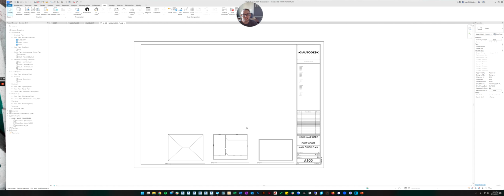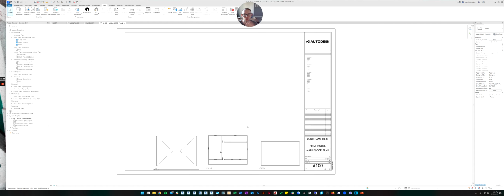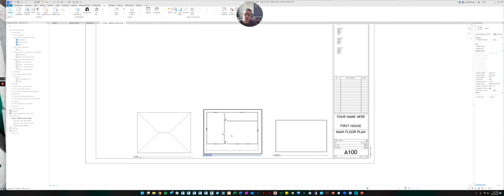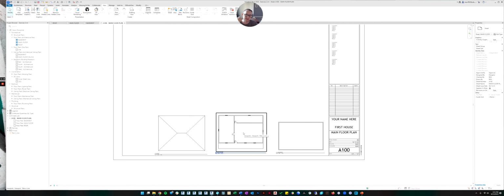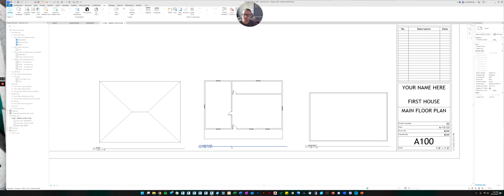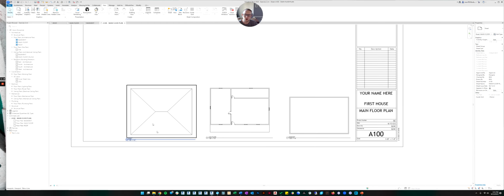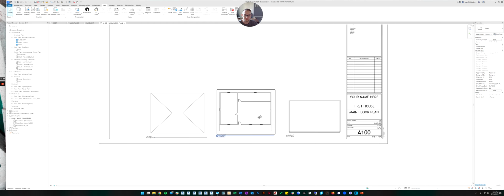Because you're essentially trying to make instructions for someone else to build something for you. So you have to think, if you were someone else, how would I know what I'm looking at? So that's always something that's going to be in your mind when you make plans. So I will dock you points later on if you don't have views labeled properly.